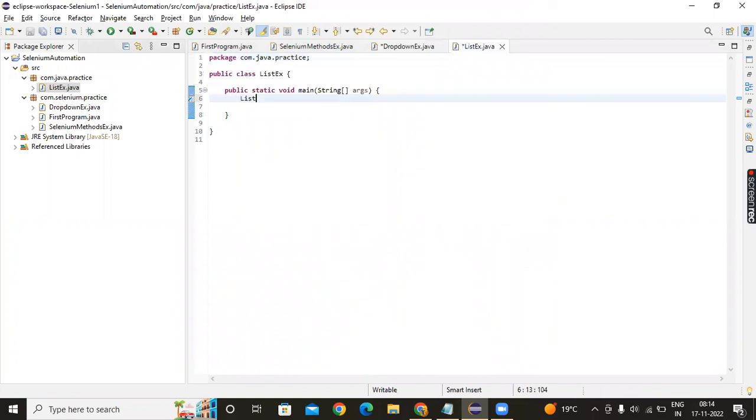List of, for example, int I am giving, li equal to new ArrayList of int. New ArrayList of Integer I want to provide. What is the error here? Syntax error, insert dimensions. Okay, so new ArrayList of